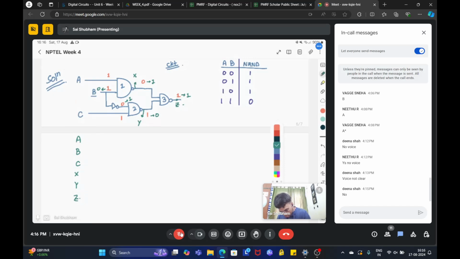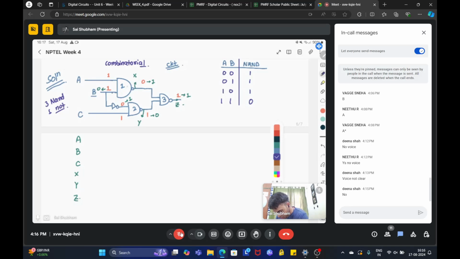Okay. So suppose this is the circuit I have right now. This is a very common combinatorial circuit. Okay. Combinatorial circuit. We have three NAND gates, three NAND gates. One NOT gate. Okay. One inverter we have. Fine. So